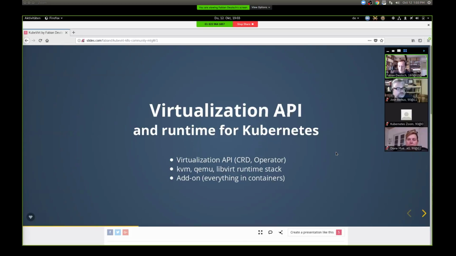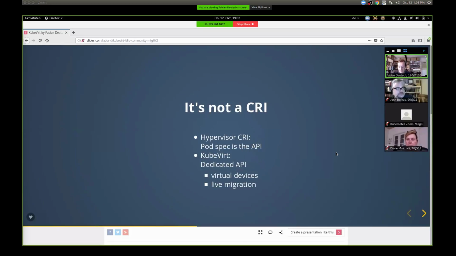Because there are already a few projects with virtualization in the Kubernetes space, I just want to differentiate KubeVirt from the CRI approaches. So, for example, Virtlet, Frakti, or the OCI-CC runtime, they're effectively CRI approaches. So different CRI implementations, instead of running containers, they're running VMs and then eventually containers inside those VMs. The thing here is that those implementations are limited